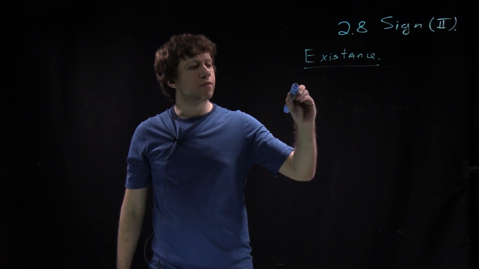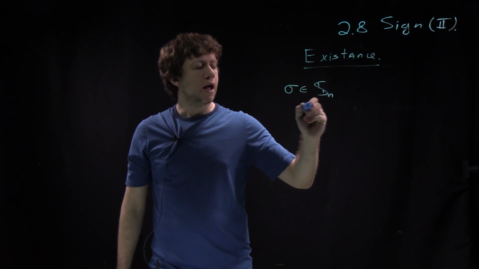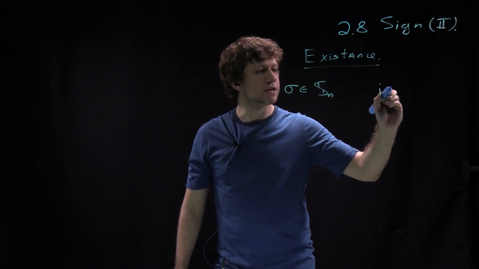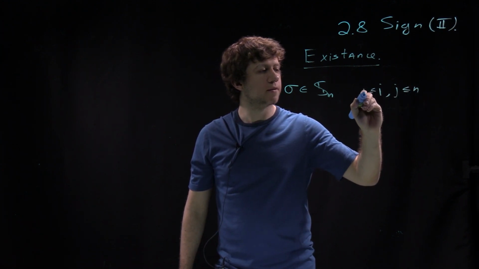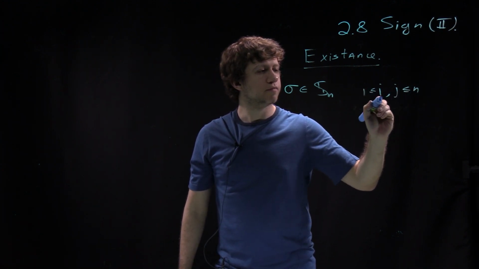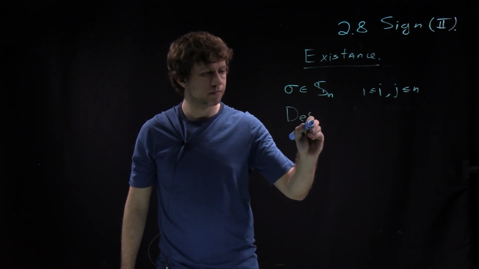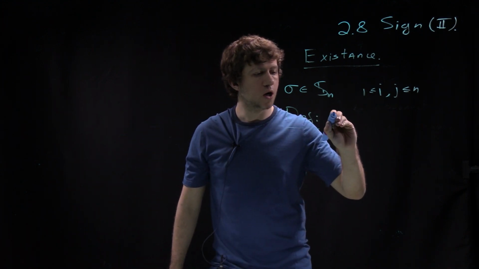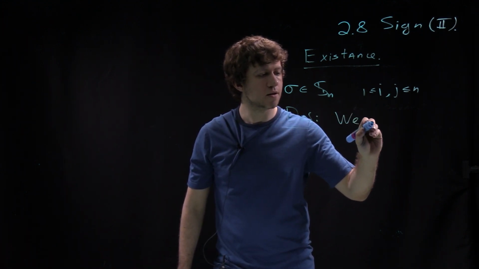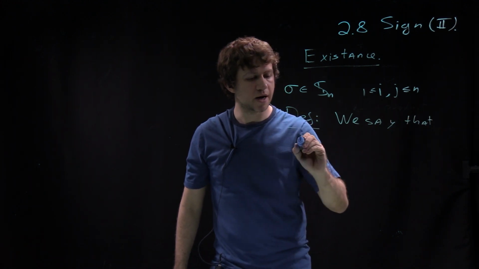So let's consider a permutation sigma in Sn. And let's take a pair of indices i, j from 1 to n. So, and then here is a definition. We say that pair